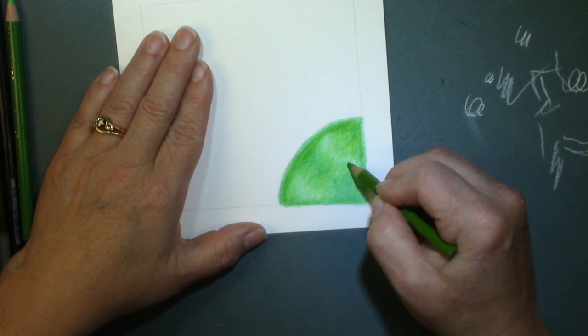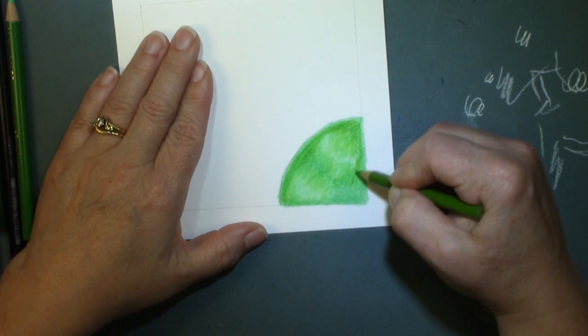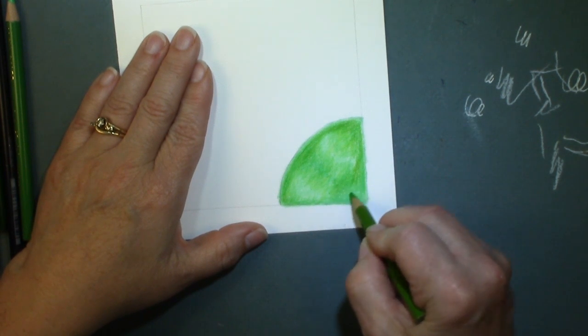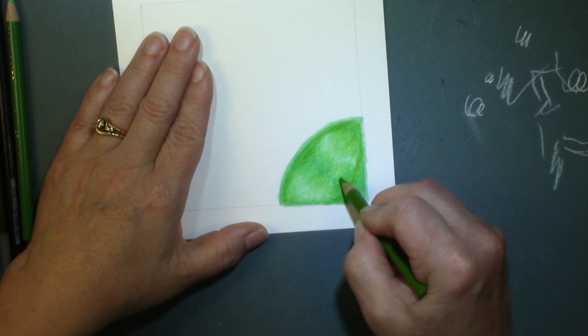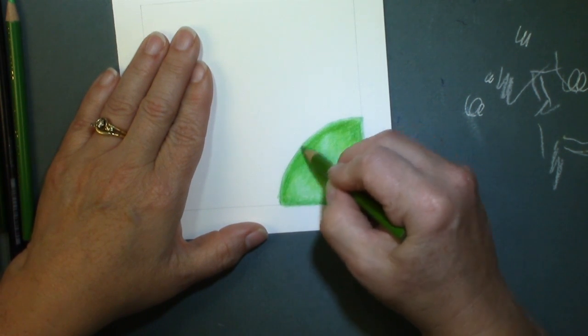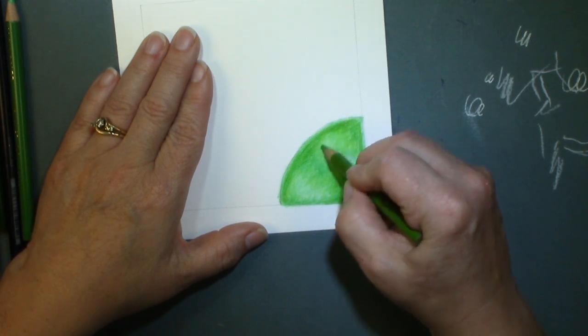But this stone is primarily green, lots of greens. And it's pretty, and it does have a sparkle to it when you see it in real life. I don't know, I like it. I like the center that I came up with on my sample, and